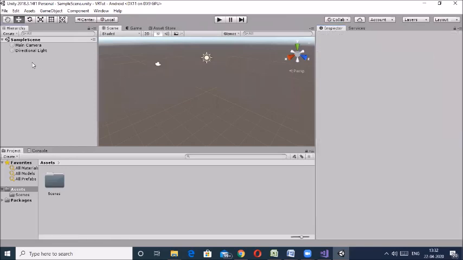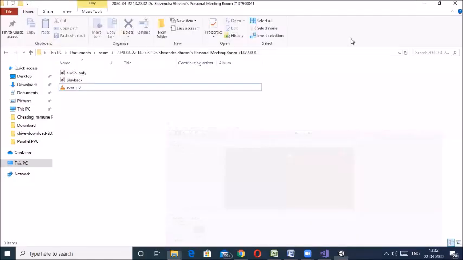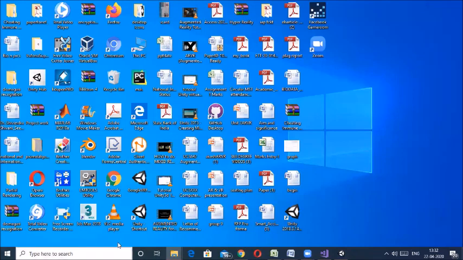Now what you have to do is download a GVR SDK, that is the Google Virtual Reality SDK, and the version is 1.100.1. I have already downloaded it. You can see here Google VR for Unity 1.100.1.